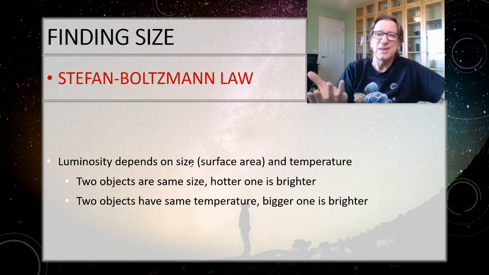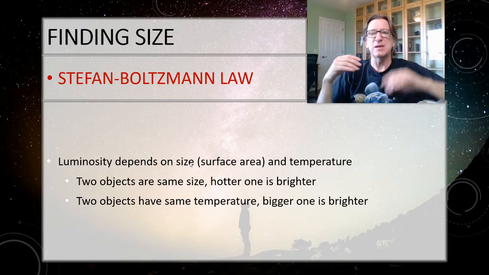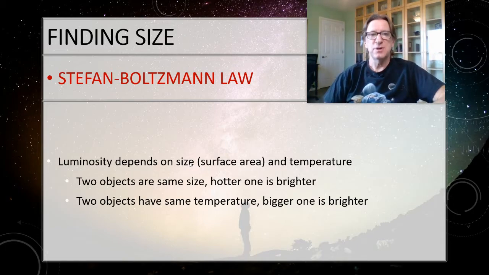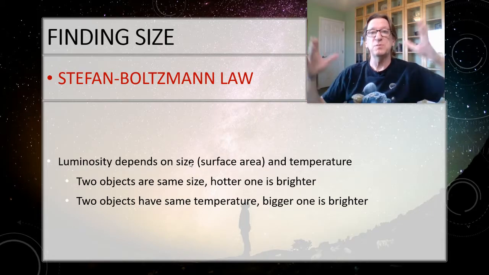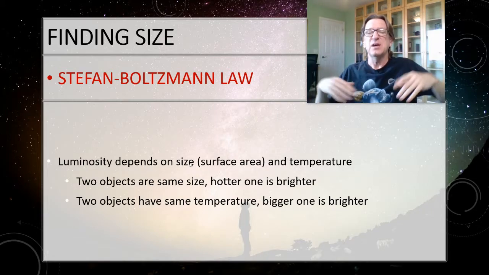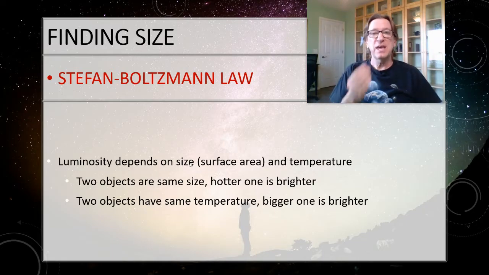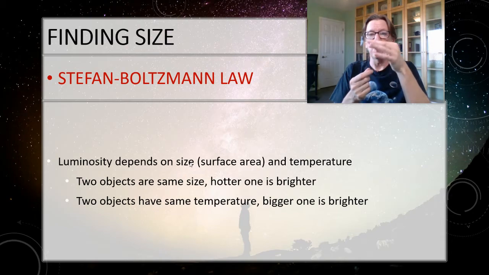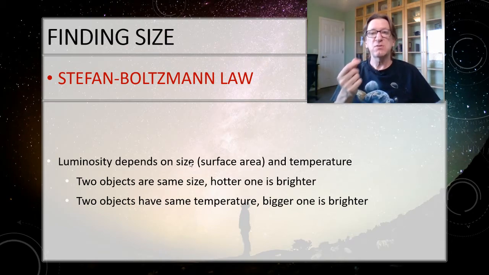And if you think about it, that kind of makes sense. We talked about this last time, how Betelgeuse and Rigel are the same brightness, even though Betelgeuse is much cooler. Well, the only way that's possible is if Betelgeuse is just really, really big. And you can kind of think about it this way. All candles burn at the same temperature because they're all just wax, and it's the vaporized wax that's causing the flame. So they're all the same temperature.